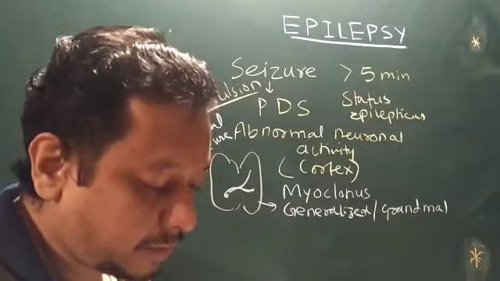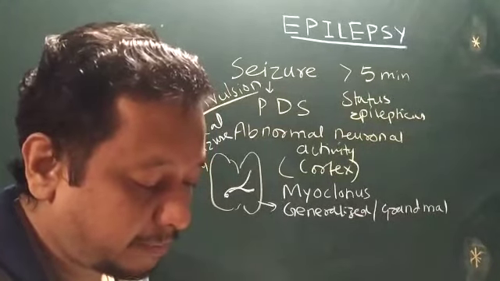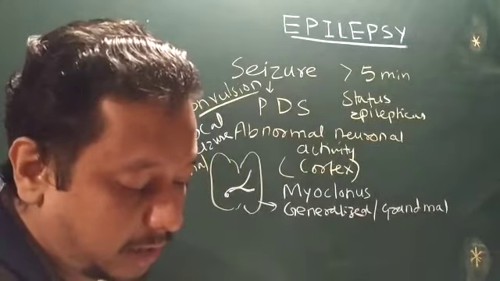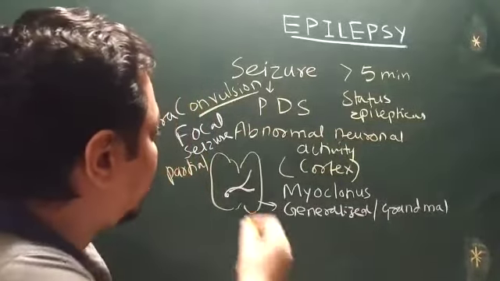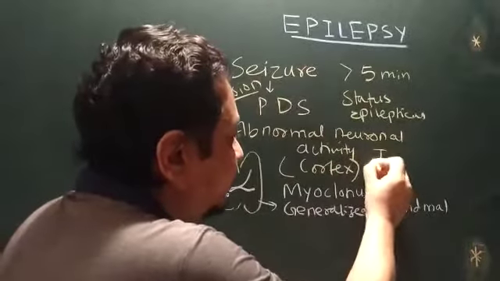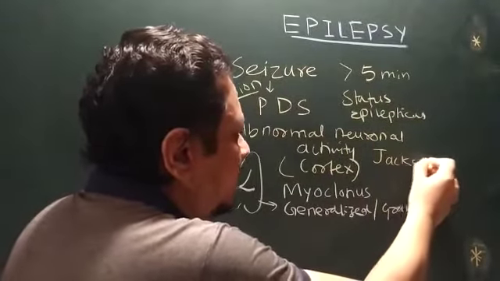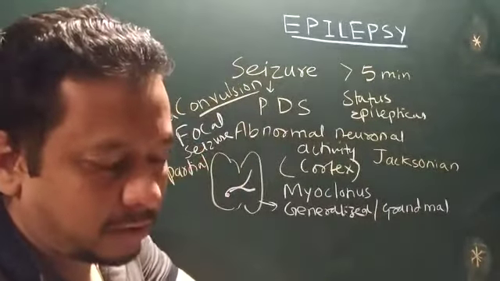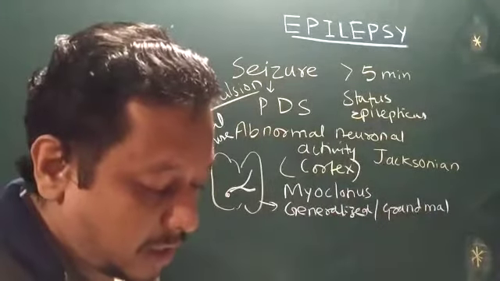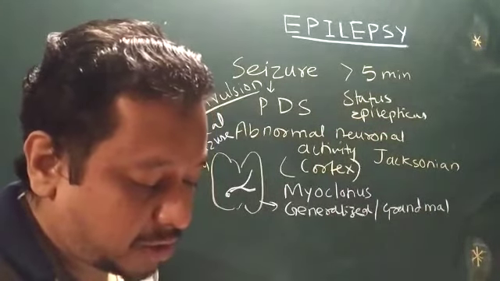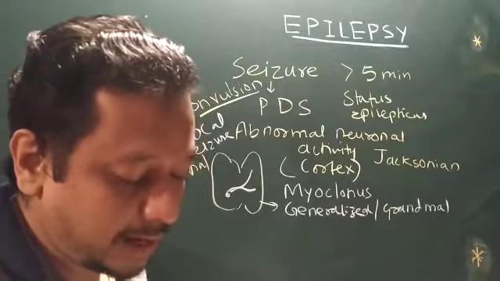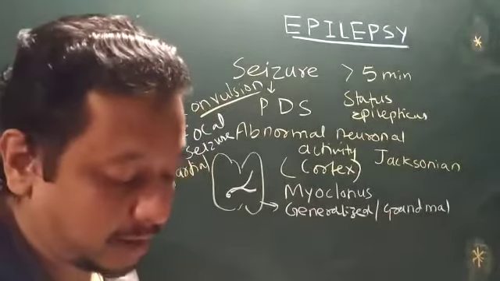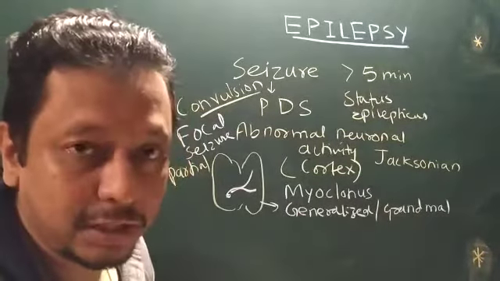But if the partial seizure spreads from the primary motor cortex to the distal part of the limbs, up to the finger, then we call it Jacksonian epilepsy, because it is spreading from one part of the brain to the distal part of the limbs. Now you have a complex partial seizure, which is associated with a unilateral cerebral hemisphere and affects more than one part of the brain, like the amygdala, hippocampus and neocortex.